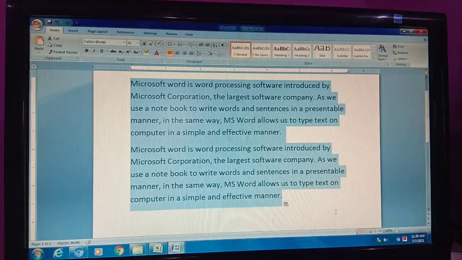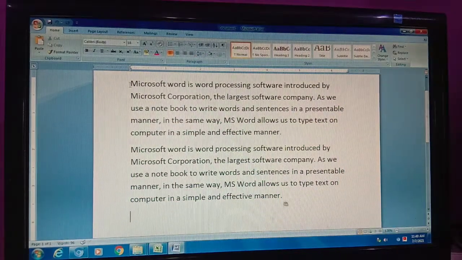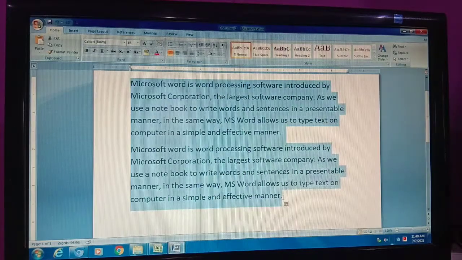Again, first click before the first letter. Place your cursor before the first letter and then hold the shift key on the keyboard. As I hold the shift key, now click at the end of the block, till the place you want to select. See, this block of text is selected.